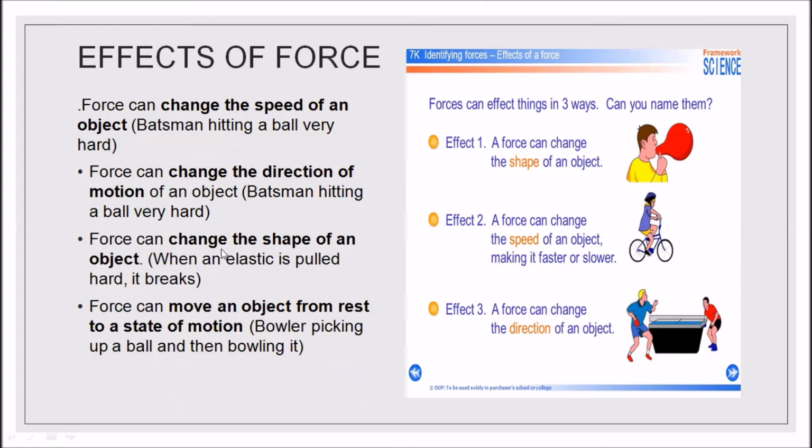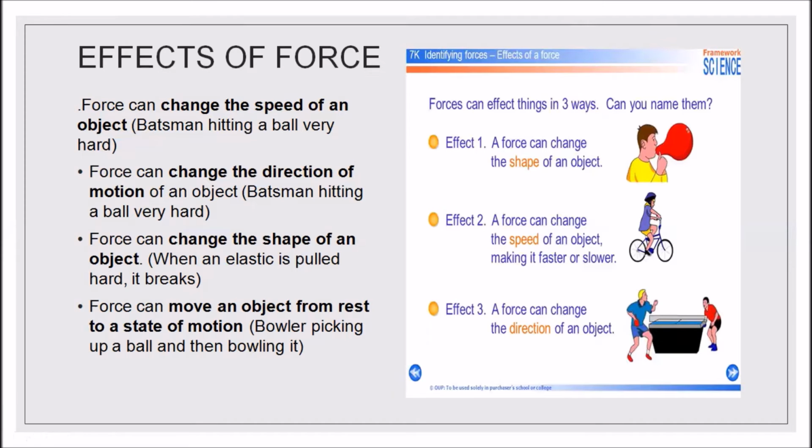Now, force can change the shape of an object. When an elastic is pulled hard, it breaks. If we pull an elastic, the shape of the elastic will change. So this shows that force can change the shape of an object. Force can move an object from rest to a state of motion.